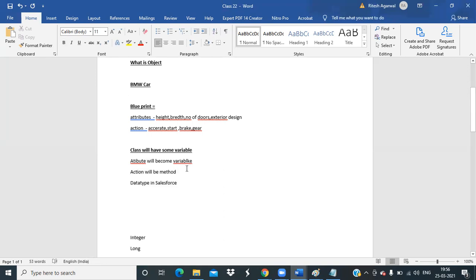And what is an object? In case of a BMW car, the car is the object. Based on the blueprint, we have created a car.